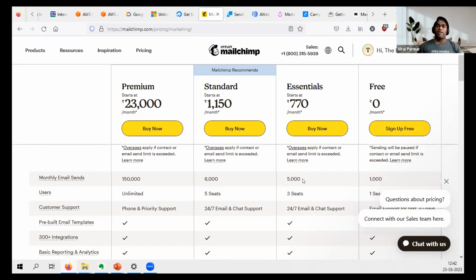For mailers, there are also a few tips that they usually share. If you are sending an email and don't want it to go to spam, use appropriate words that don't fall into the spam keyword list. There is a list of spam words. You might be getting a lot of emails, and most of them go to spam because of the words used in the email, like a sense of urgency or importance. So avoid those words, and that will help your email land in the regular primary inbox instead of the spam folder.